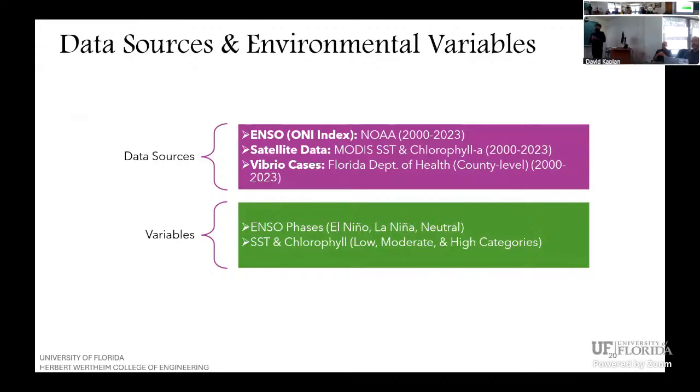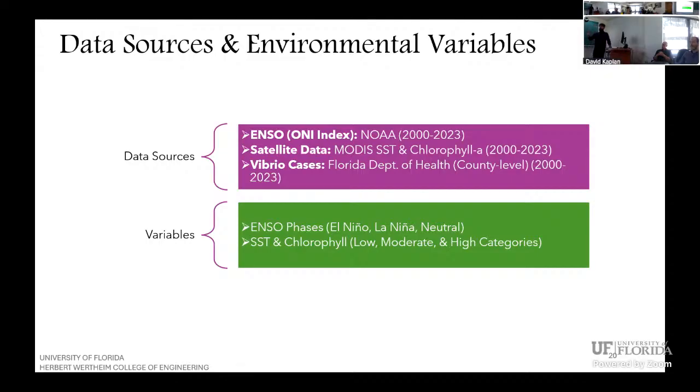So, data sources and environmental variables for ENSO. With respect to the data sources, the ENSO NOAA and NASA datasets were used. Satellite data was used for the SST and the chlorophyll data. Why was chlorophyll brought into the picture? Because ENSO has a direct influence on SST. It's basically the SST anomaly only. That has a direct influence on the chlorophyll, and chlorophyll is a proxy for phytoplankton, zooplankton, and all. This is a complex food web that chlorophyll can easily capture. So that's why chlorophyll was brought into the picture.